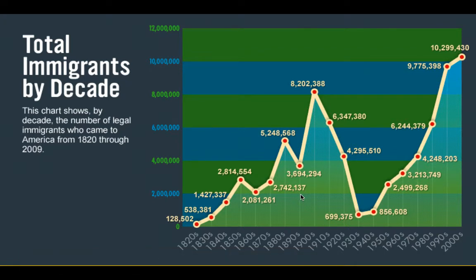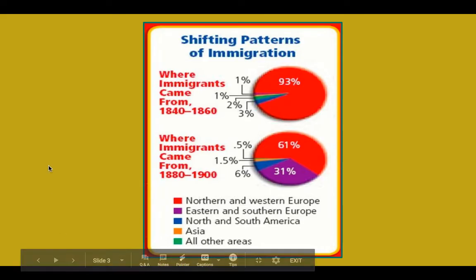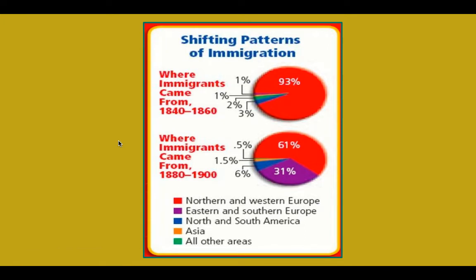So now here's the shift. So now what we're going to do is describe who are these folks coming into the United States. And as you can see, they're coming from very different places. During the 1880s, more than 5 million immigrants arrived to the United States, which is about the same number of people that had been coming in the 6 decades from about 1800 to 1860 combined. So huge wave. The majority of these new immigrants were from Southern and Eastern Europe, the nations of Czechoslovakia, Greece,